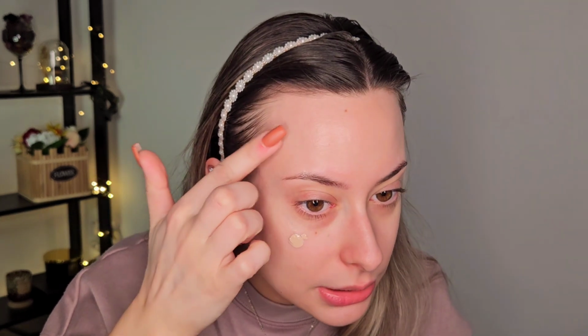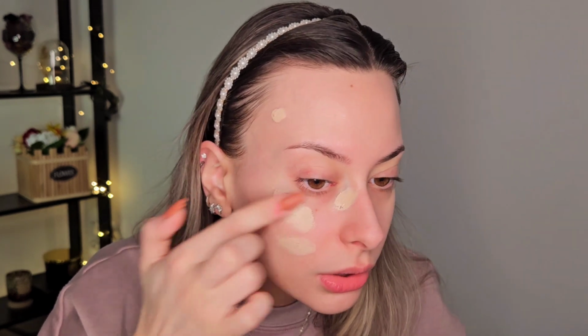I'm not gonna put any primer on, the sunscreen is more than enough, and we are gonna dot this one everywhere, but I'm gonna put a small amount because this one is pretty spreadable, and it is the first time I'm using this one with the matte SPF from Beauty of Joseon, so I'm curious how it will look. This is the shade medium vanilla from the NYX concealer, and I'm gonna use a sponge and just